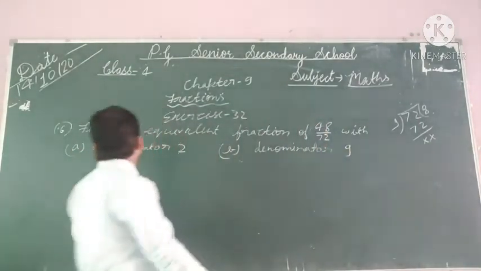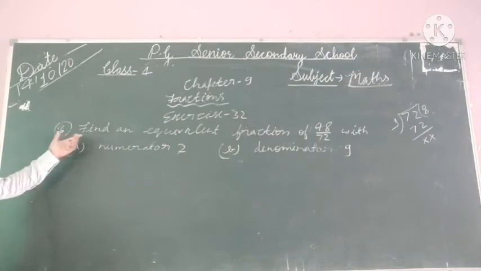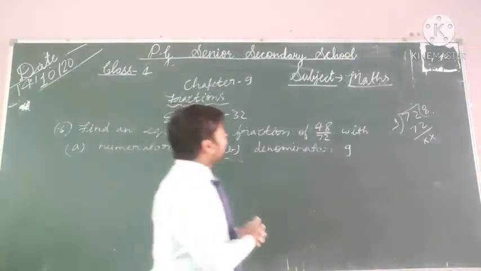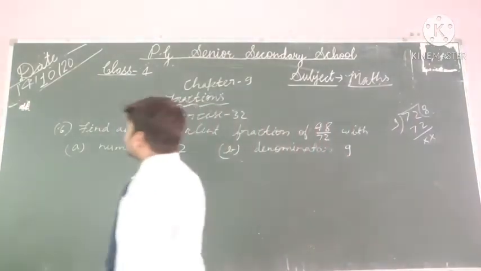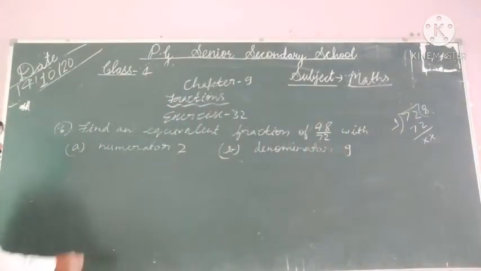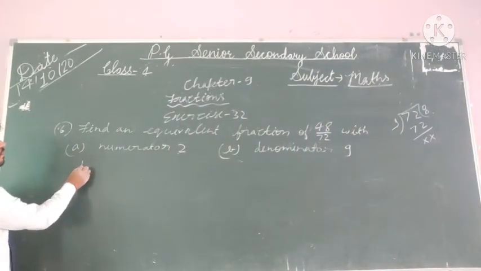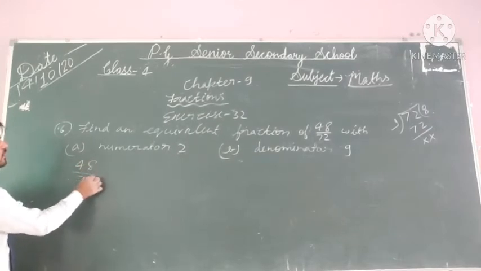So this is your question. Question number 6. Find an equivalent fraction of 48 upon 72 with numerator 2. तो पहले आपको कितना बनाना है? न्यूमरेटर को 2 बनाना है। 48 upon 72।